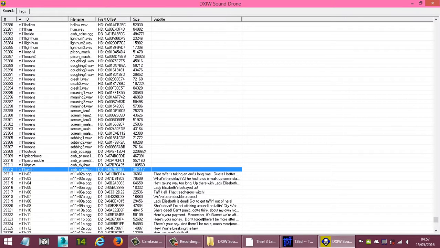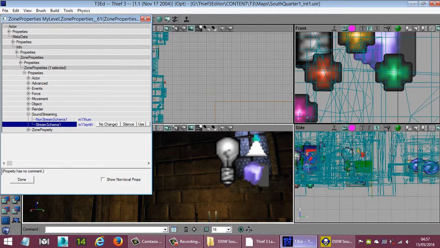Now we are going to add this one to our map. There's no need to extract it. And now I want to show you a little trick. If you now